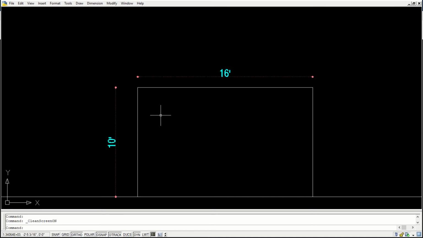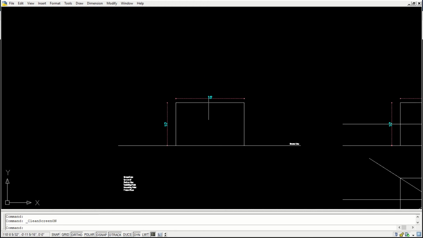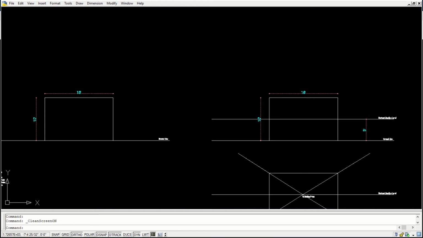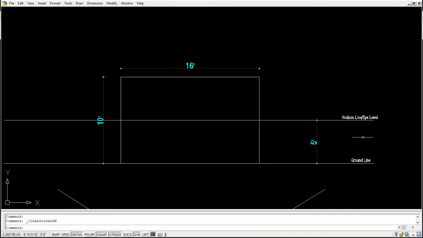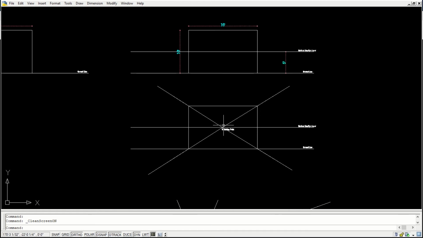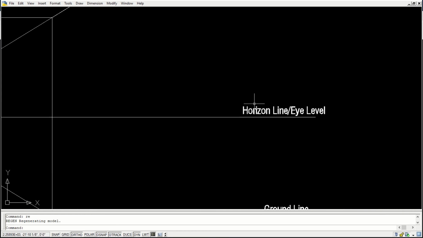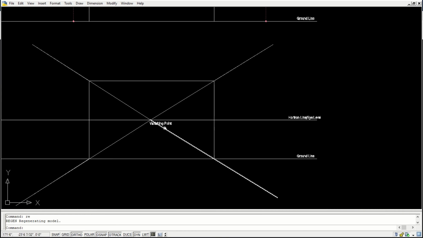Let's say you have a given room. We assume that this is the far end wall of a room, and we want to construct perspective for this. So we said, first assign the horizon line. You have this rear side wall drawn to actual scale, and then fix your vanishing points. That should be on the horizon line. It can be anywhere on the horizon line.